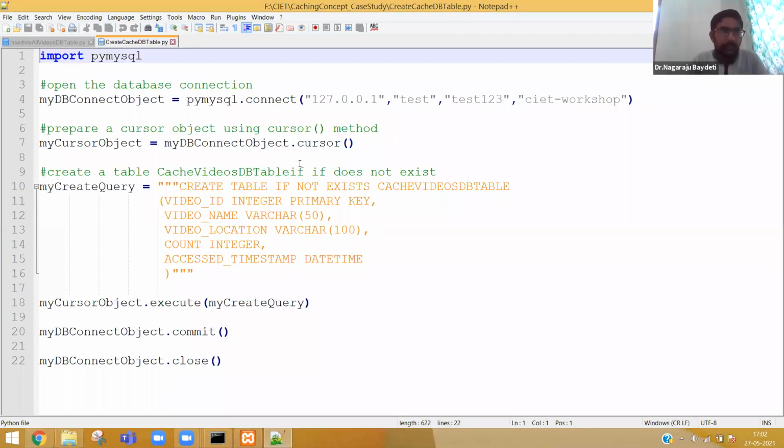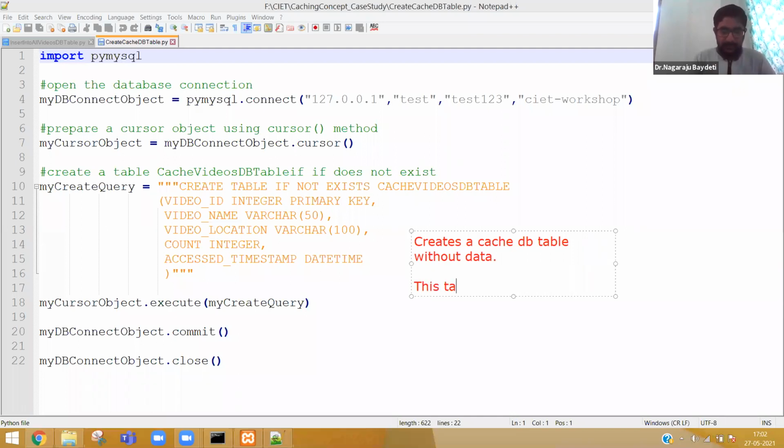Now let me explain this program also. It creates a cache DB table without data.